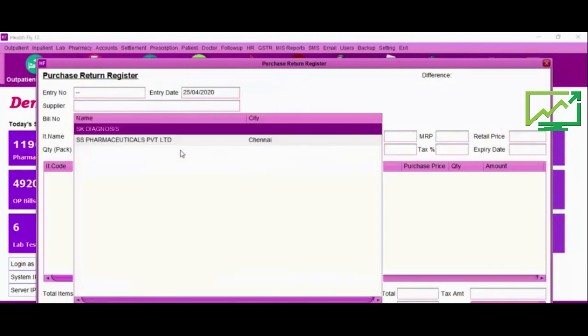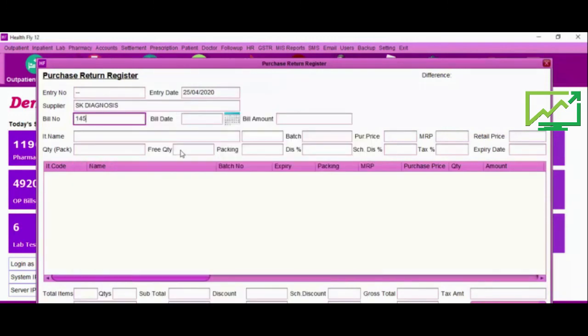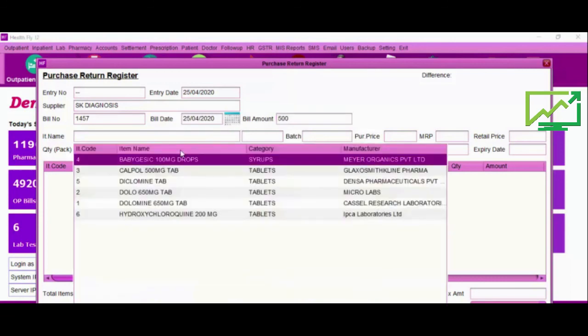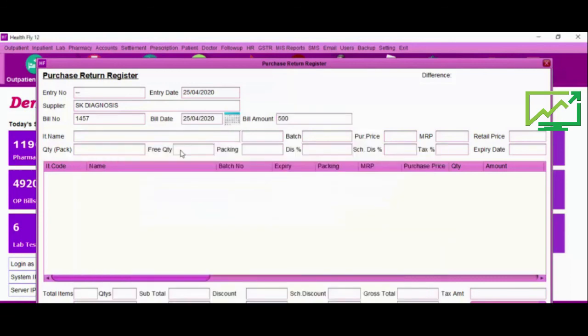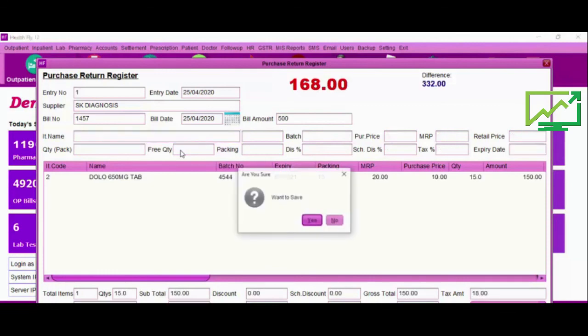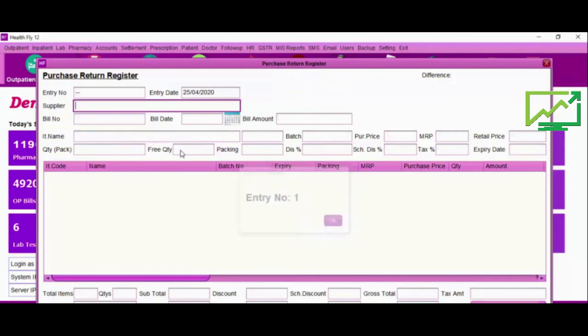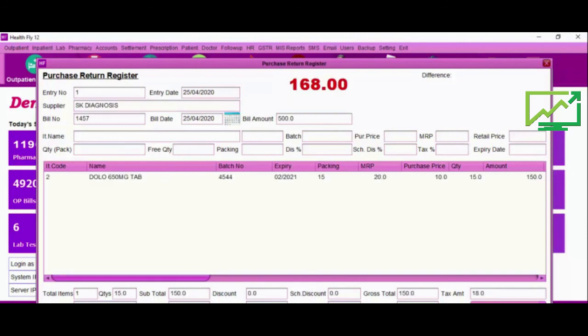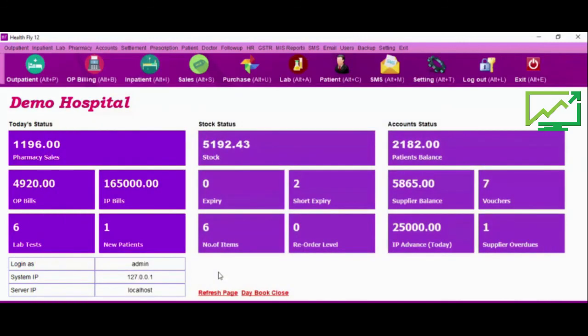Purchase return register, return bill number. In accounting terms, sales return and purchase return may call like credit note and debit note.